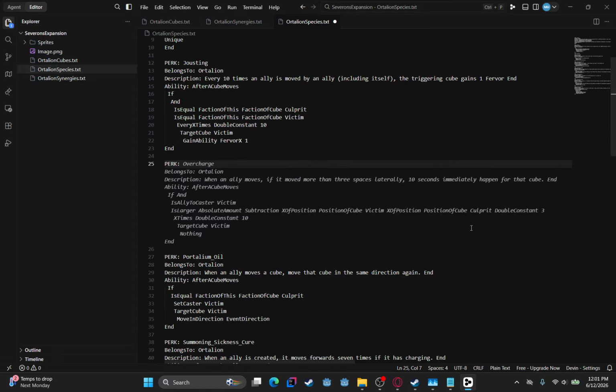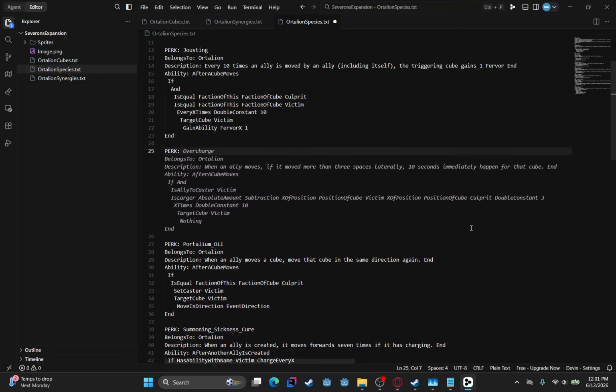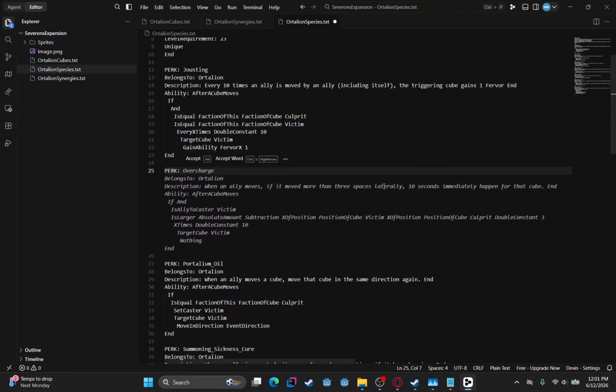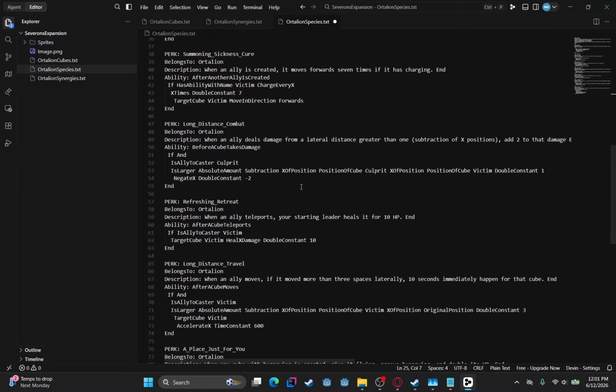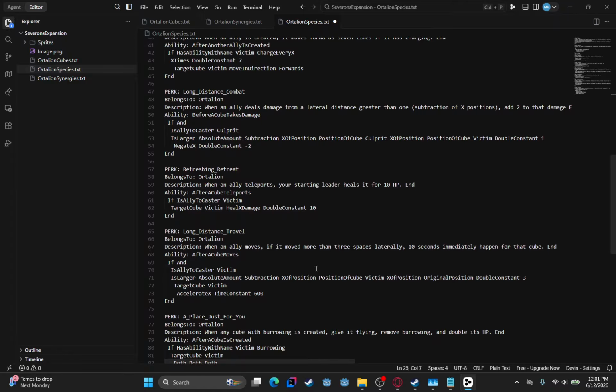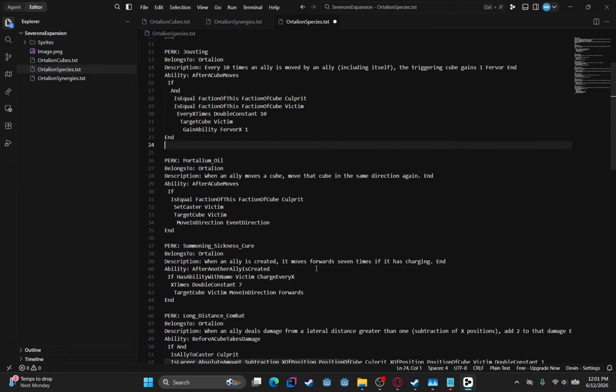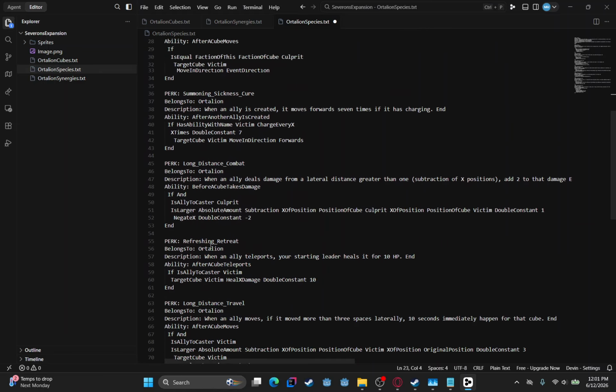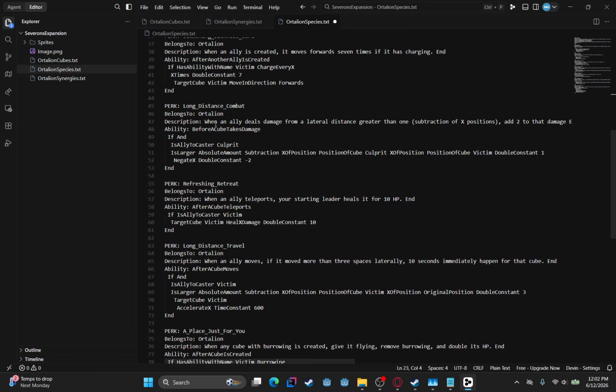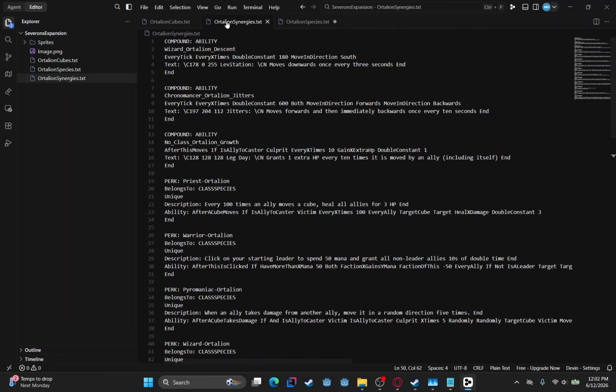This is literally a perk that shows up somewhere else. It's copying this, so it's not showing anything new, but anyway,